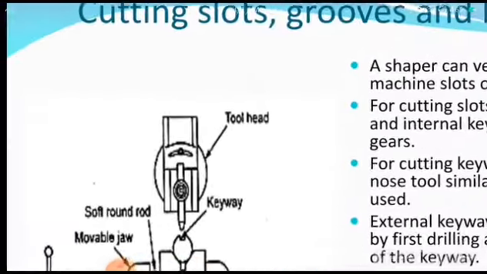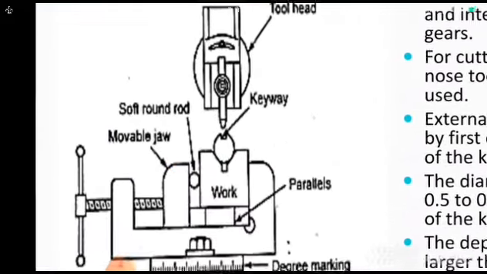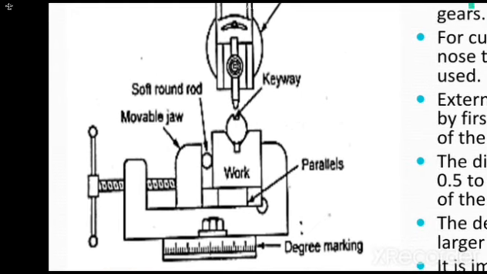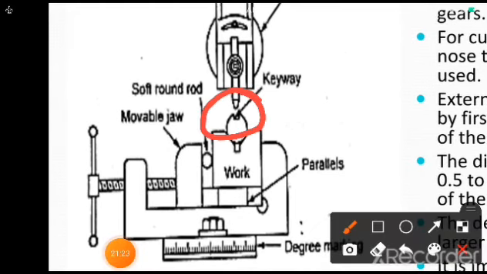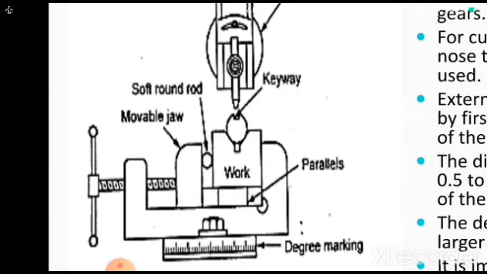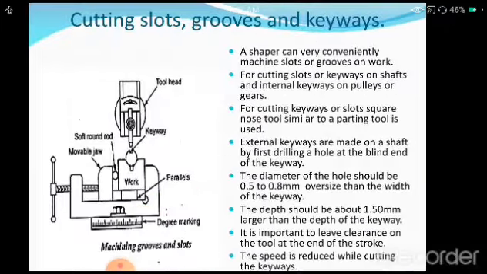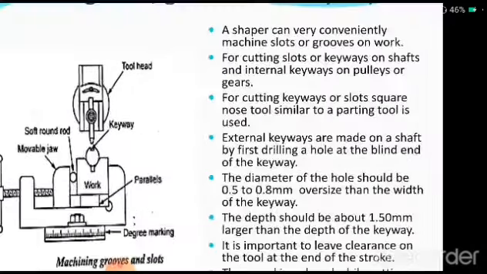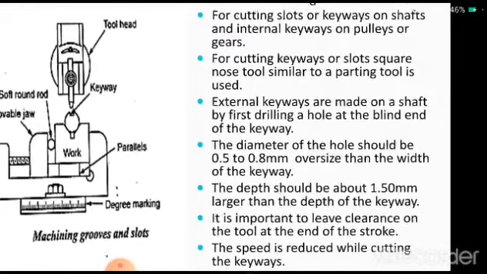Now what we are going to do here is we require to select this portion, the nose of the tool. Nose of the tool means what? Keyway. This is the nose of the tool, which is a square, which I have drawn. It is a square, so this becomes the nose of a tool. This profile decides what type of keyway production is being carried out on the shaft. That is very, very important here.